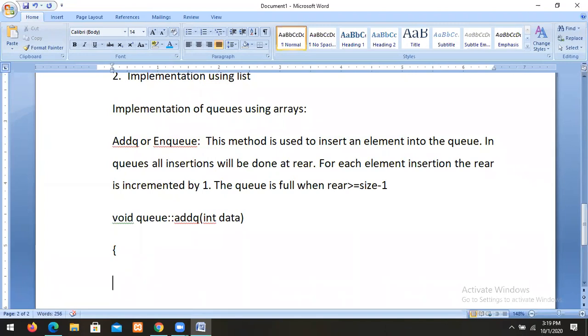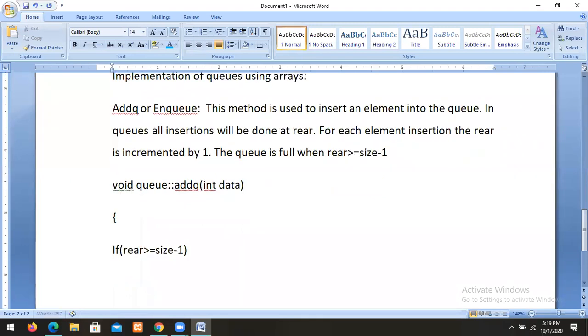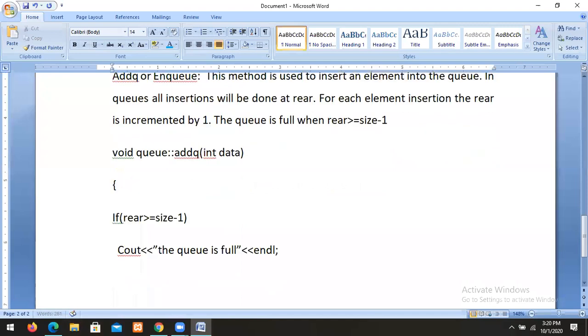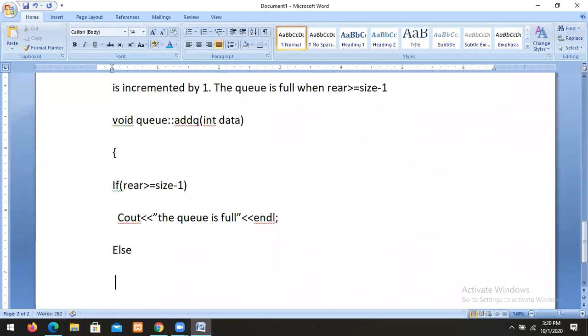Always we are inserting at rear. So if rear is greater than or equal to size minus 1, print out that the queue is full.